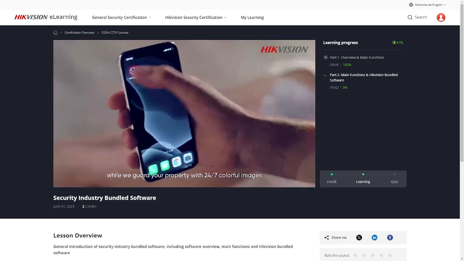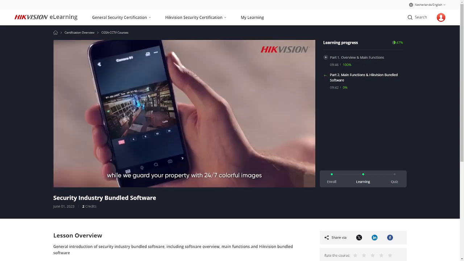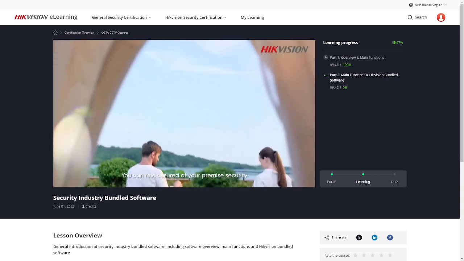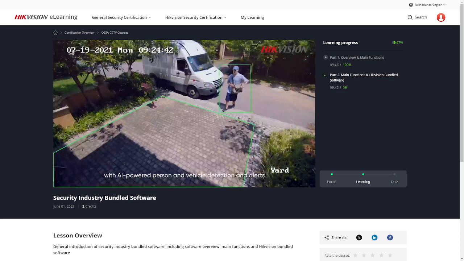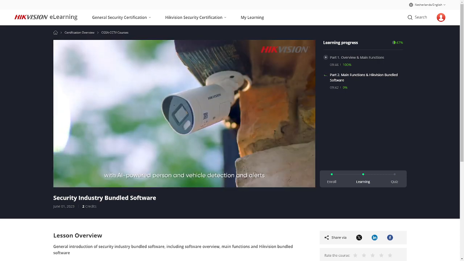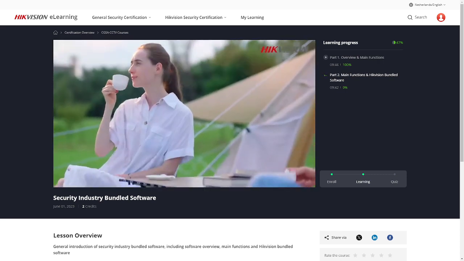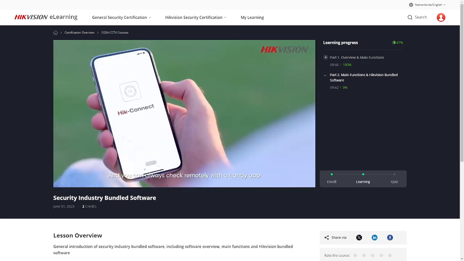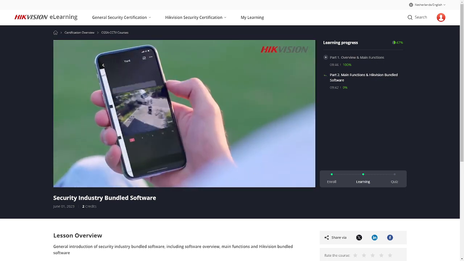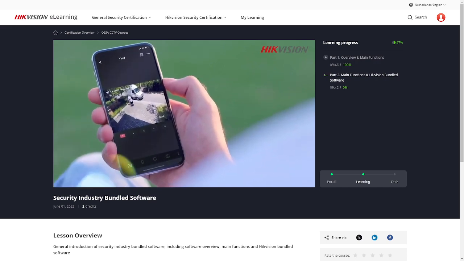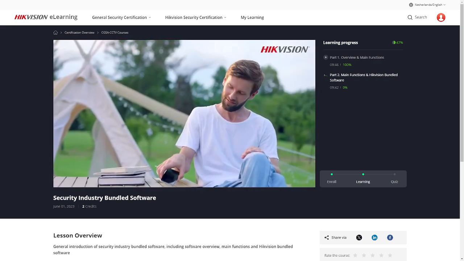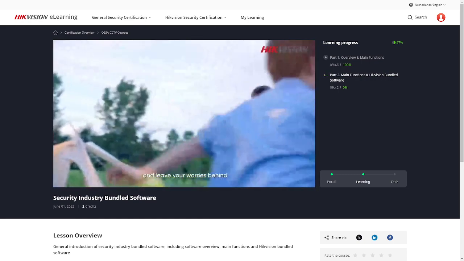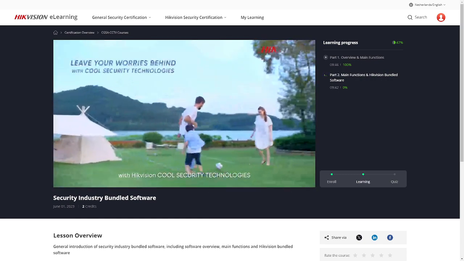While we guard your property with 24/7 colorful images and protective measures, you can rest assured of your premise security with AI-powered person and vehicle detection and alerts. And you can always check remotely with a handy app. Now, chill out and leave your worries behind with Hikvision cool security technology.